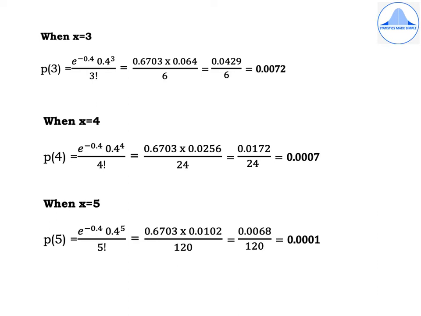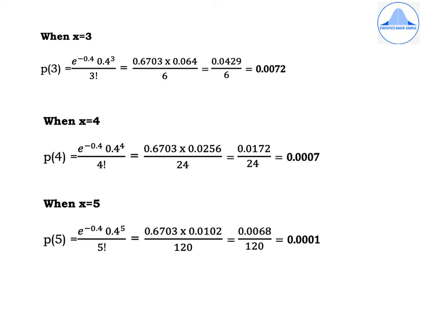Next, when x is equal to 3, P of 3 is e to the power minus 0.4, 0.4 to the power 3 by 3 factorial, which is 0.6703 into 0.064 divided by 6, which gives us 0.0429 divided by 6, which is